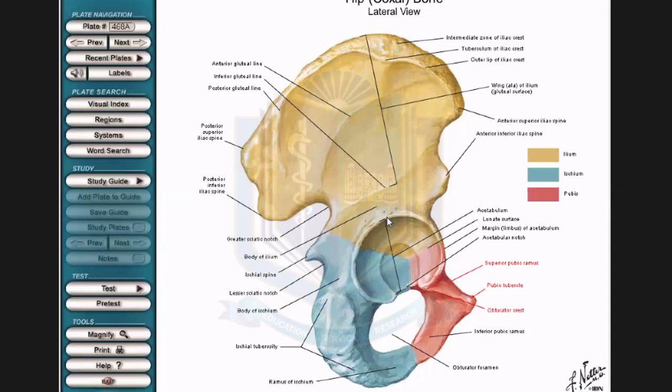For descriptive purposes, that is divided into 5 portions. 2/5 of the acetabulum is formed by ilium, 2/5 is formed by ischium, and only the 1/5, the smaller portion, will be formed by the pubis. So that is the contribution in the formation of acetabulum, and acetabulum is that concave area that fits in the,